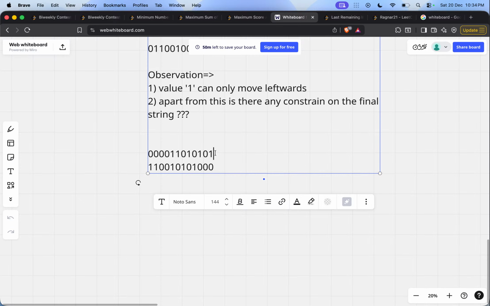Now, how can we frame this string from this string? Just start with the very first one. After one operation, it will be shifted one index